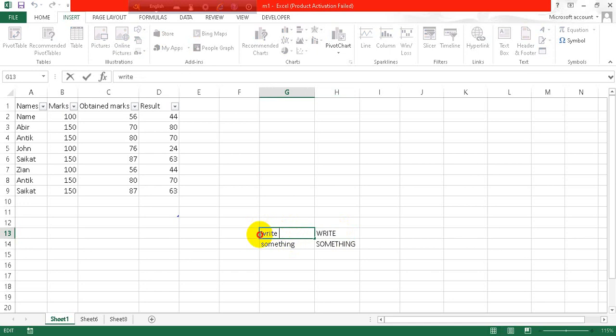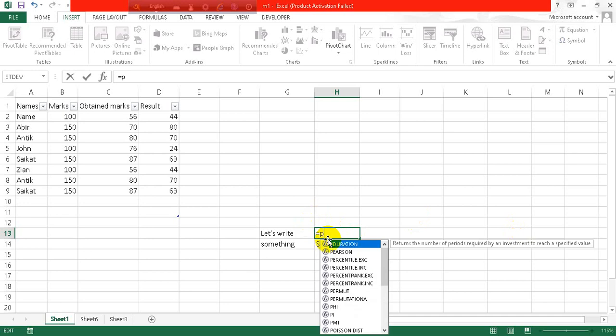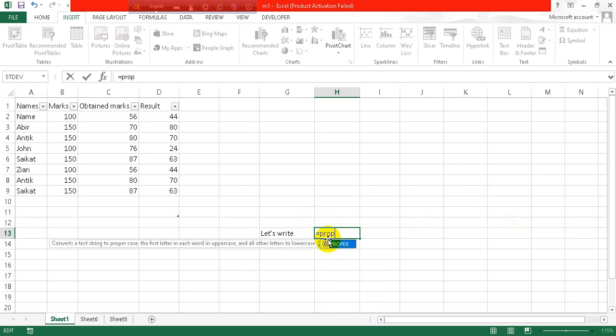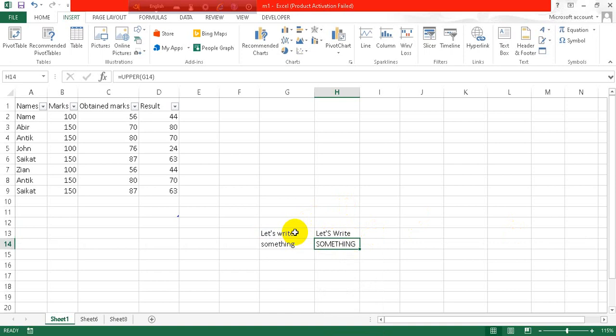So let's say you want to capitalize each word of your text. What you will do is you have to just write equals to PROPER, open parenthesis and close parenthesis, click on enter. Here you can see